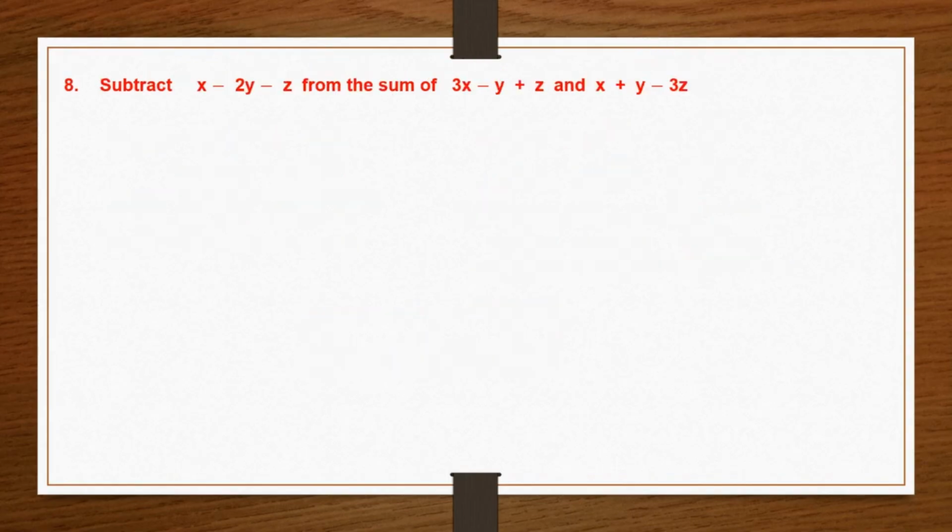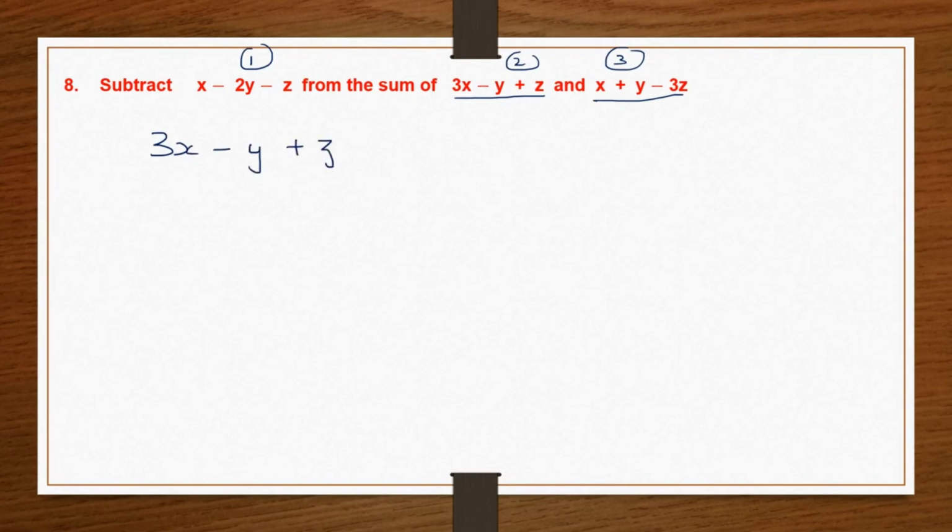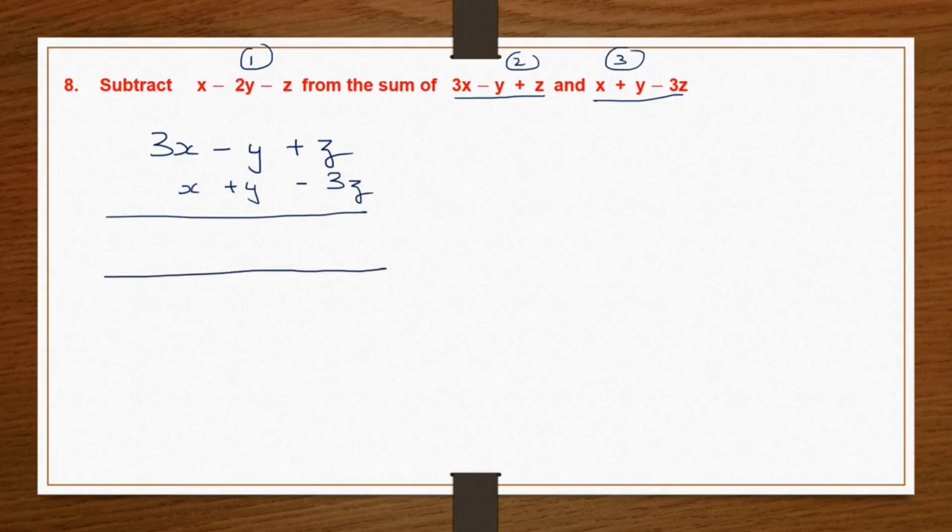Let's move on to question 8. Subtract the first expression from the sum of the second and the third. So this is the second and the third. That means we have to add up the second and the third. Let's do that. 3x minus y plus z and x plus y minus 3z. Okay, we need to add up these. So let's first put all the signs needed. Plus 1, and then here also 1, 1 and 1. Now let's work out the